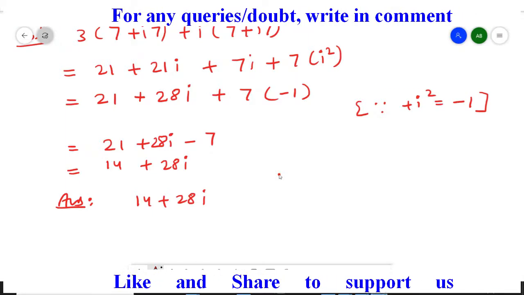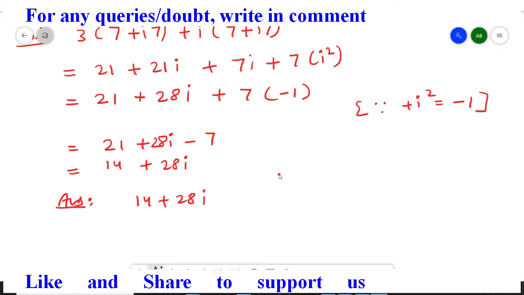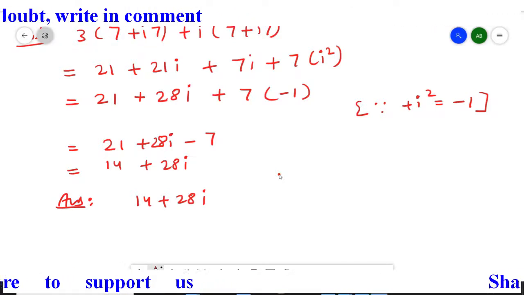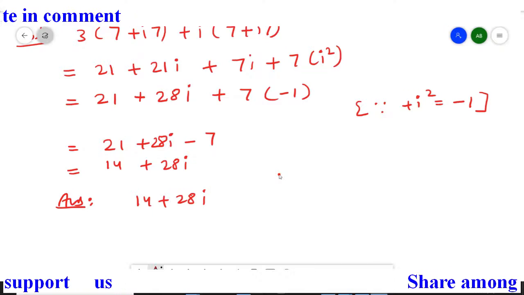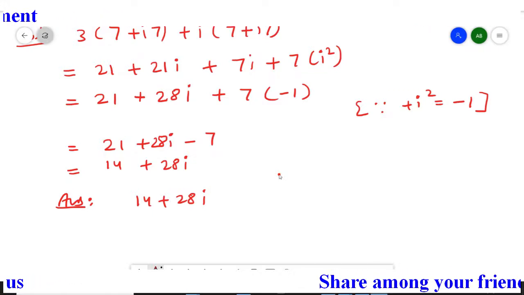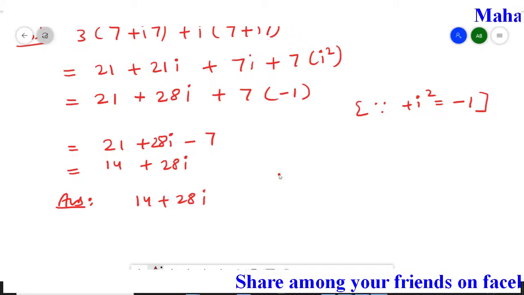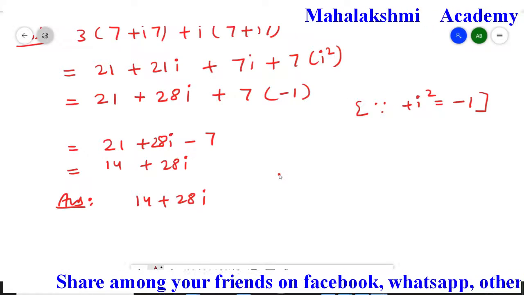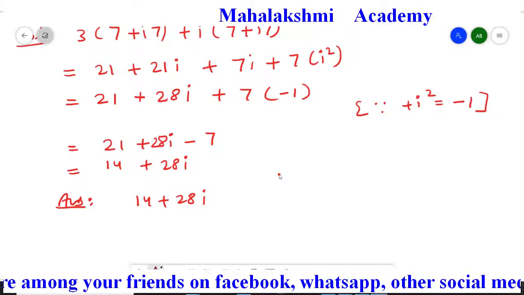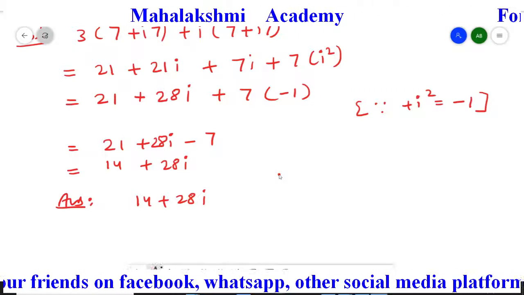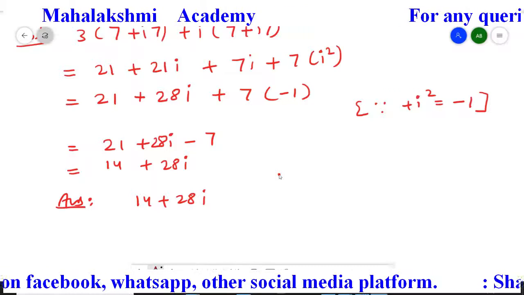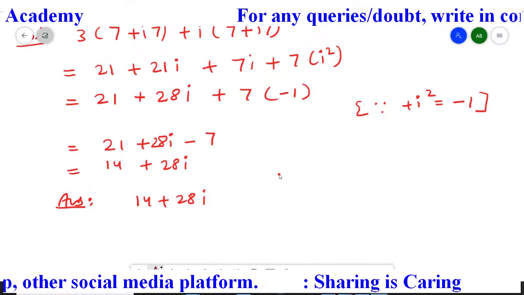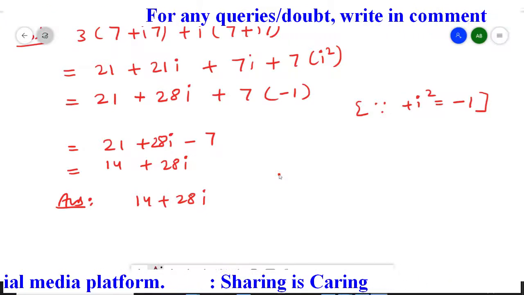Now question numbers 8, 9 and 10 we have to do by using the identities. That I will solve in my next video, and I request that after solving these 4 questions yourself, you try question number 5, question number 6 and question number 7. I am very sure that you will get your answer. Then also, if you have any problem, write it in the comments so that I can solve that question and upload it. And in my next video, we will start from question number 8 onwards.